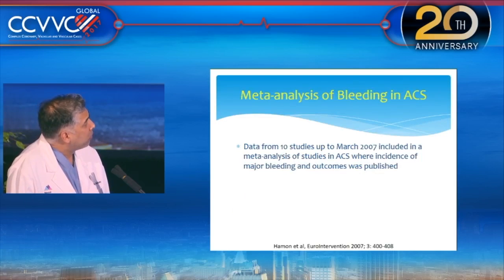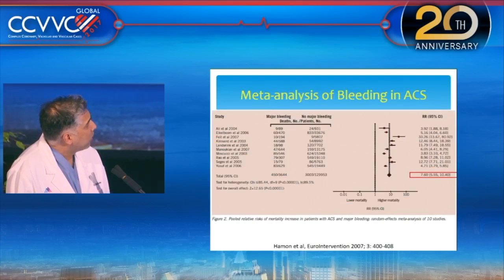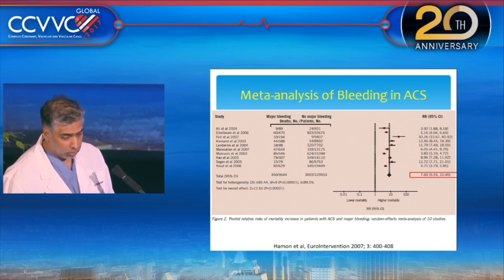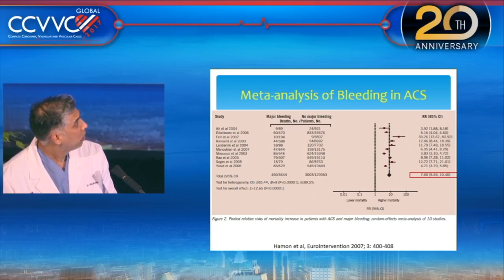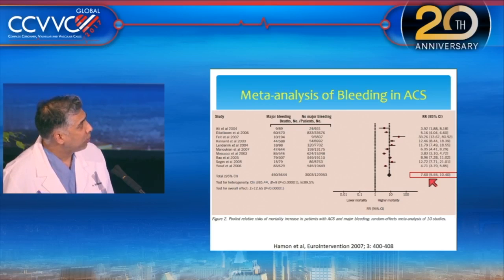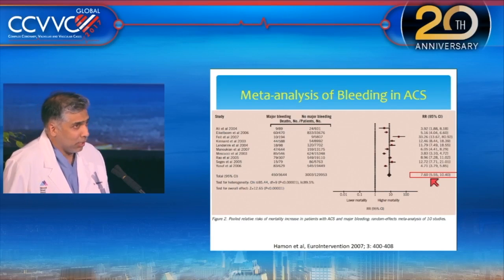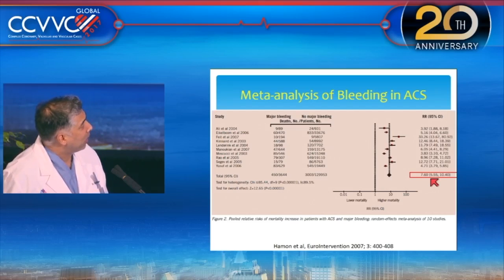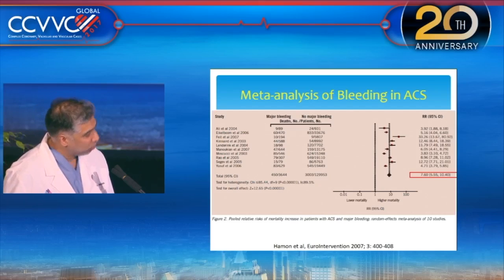This is a meta-analysis of bleeding in ACS from 10 studies. Basically, I put this in here to just show, actually, I don't think I have a pointer that works here. Oh, there it is, sorry. A 7.6 times higher risk of dying if you have significant bleeding with ACS, so a major predictor of a bad